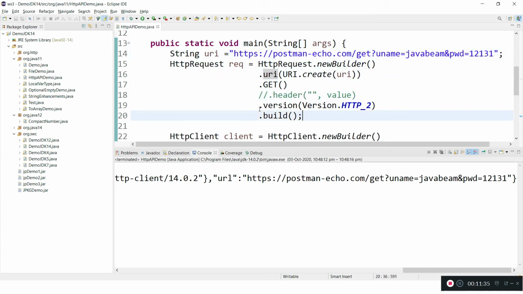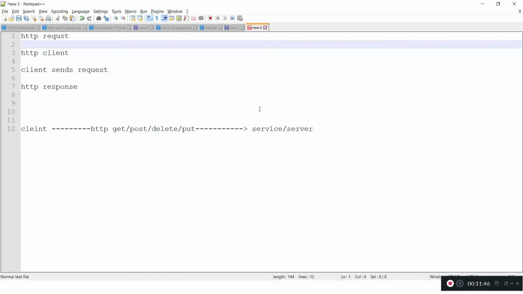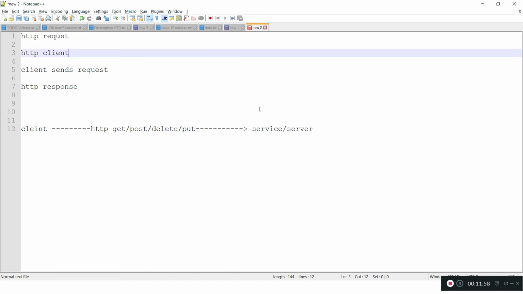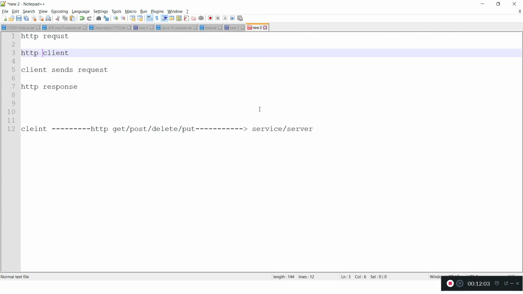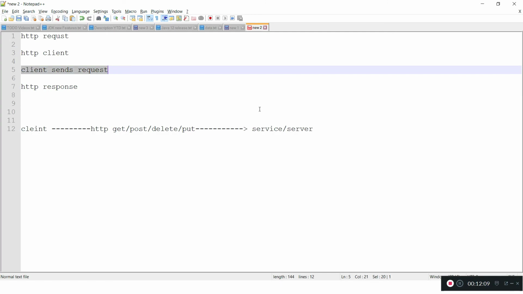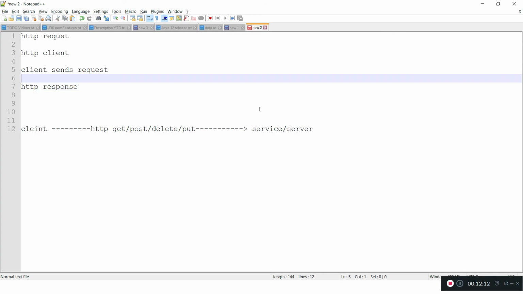Yeah, that's all about this video on the Java JDK 11 new feature HTTP client API. So, a recap of what we have learned so far. As we have discussed, there are four parts. The first part is HTTP request, where we build the request object using the request builder, and then we build the HTTP client. The client is to launch or send the request to the server side, and so this third part is the sending part, where the client sends the request, and the fourth part is we get the response. So that is HTTP response.